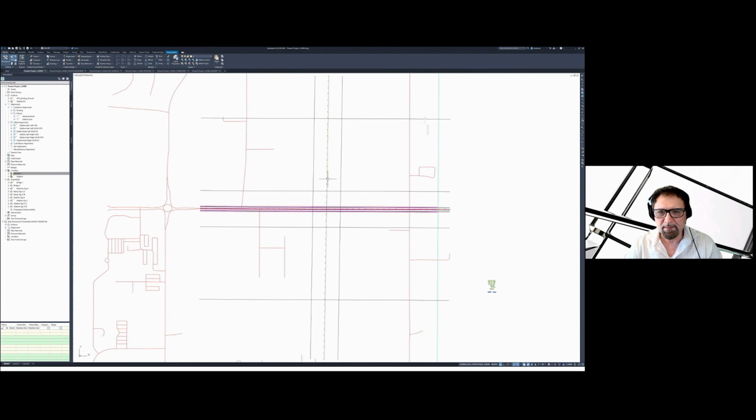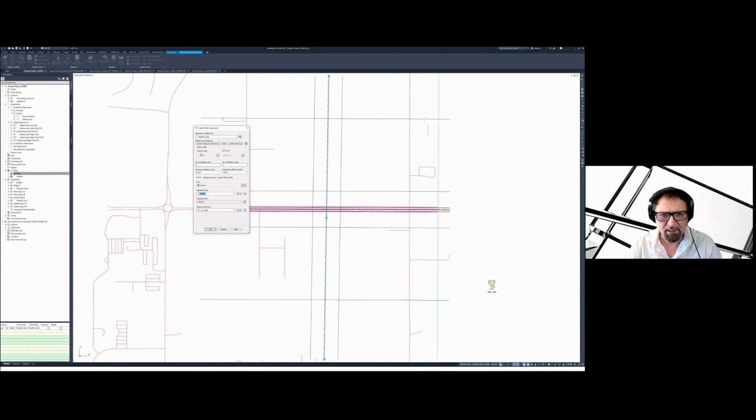So offset alignments, as some of you may know, are created from that selected parent alignment. And I will name them using the parent alignment name, the side and the offset distance, and maybe some additional feature coding, such as edge of travelway. Actually, pardon me, this will be edge of shoulder first.